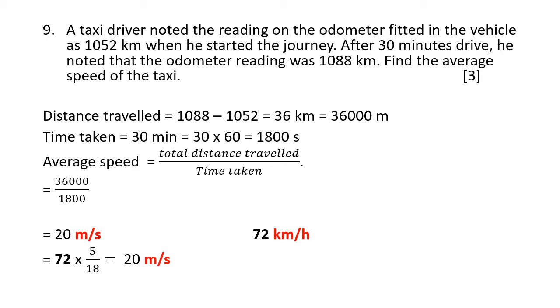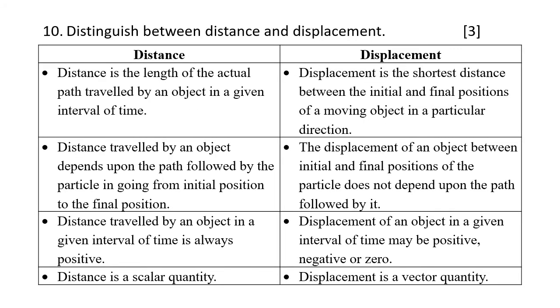Okay. Next question was a theoretical question. You know it very well. Distinguishing distance and displacement. It's a 3-mark question, so you will write 3 points. I have shown you all 4 here, but you have no need. So there are 4 points shown here. You may write any 3 points, but you have to always begin with the definition. Whenever you write the difference, the definition is very important. So the first point is the important point. Okay, the second point you can skip. Then any 3 points you can write, but when you write the difference, begin with the definition of distance and displacement.